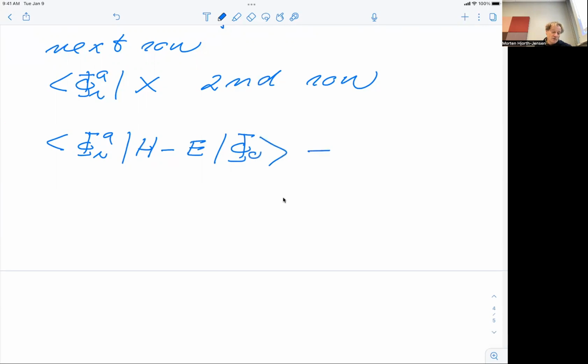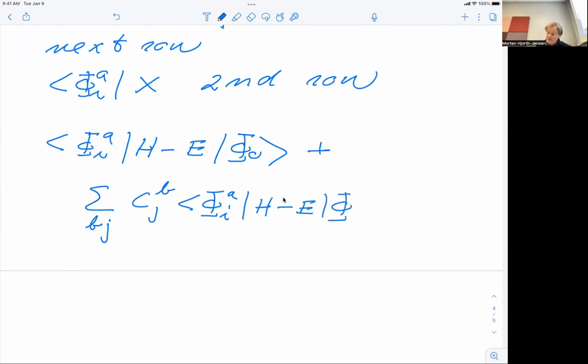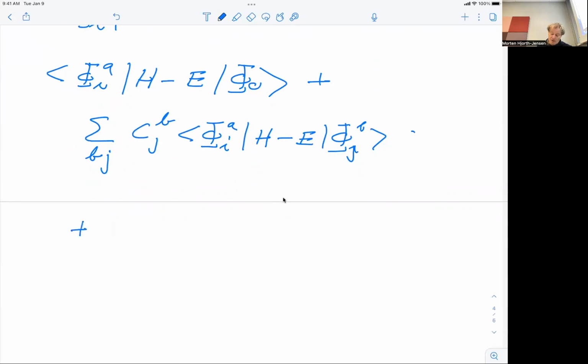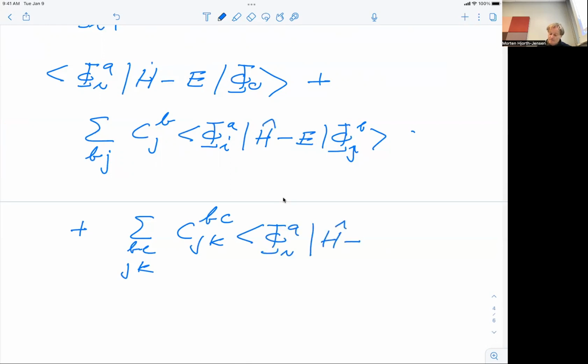And then we have the next term, which now contains a sum over the one particle one hole states. So I'm labeling that as a BJ sum, because they can be equal to I and A, but they could also be different. So in principle, we have a sum over all the one particle one hole states, and now I have a matrix element of phi IA, and I have H minus E times phi JB. And then we have the next term, which runs like plus, and now we have a sum over BC, J, K. I'm just writing down in a pretty slavish way all the equations here. Then I have a matrix element of phi of IA, and then I have H minus E, and then I have my matrix element, which is the state phi JK of BC,